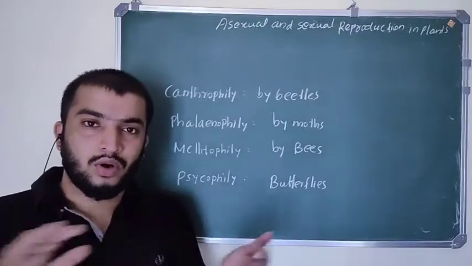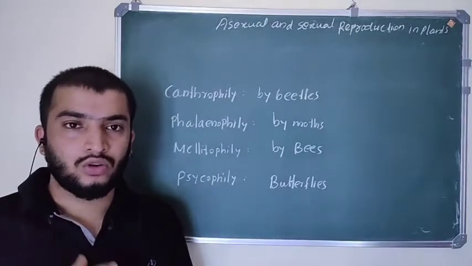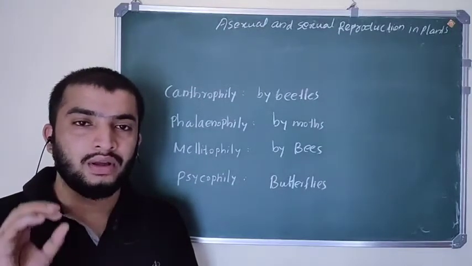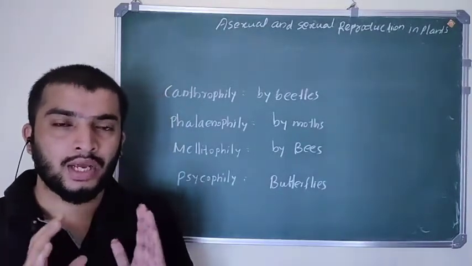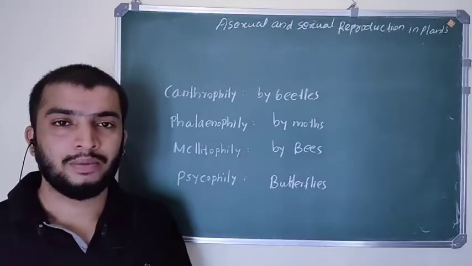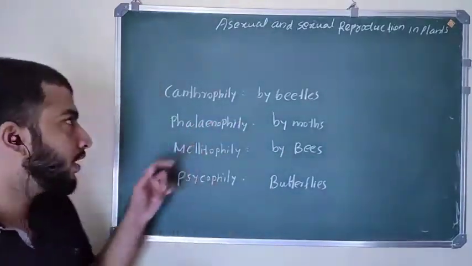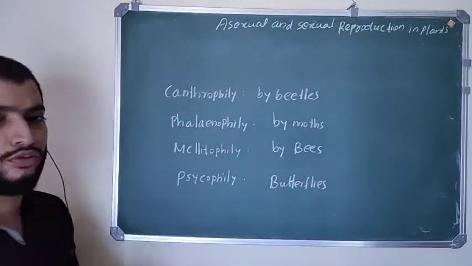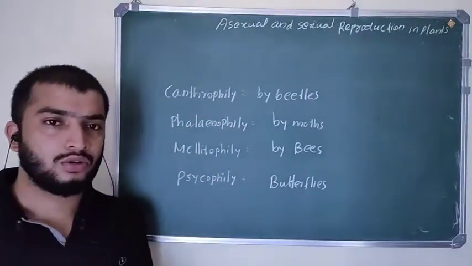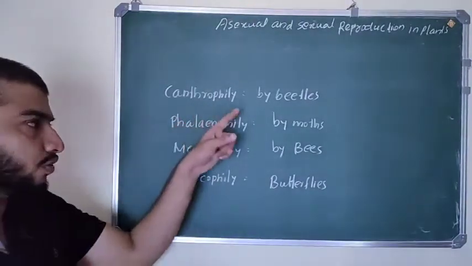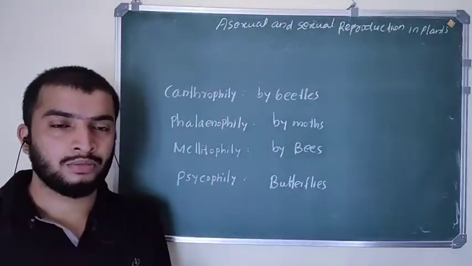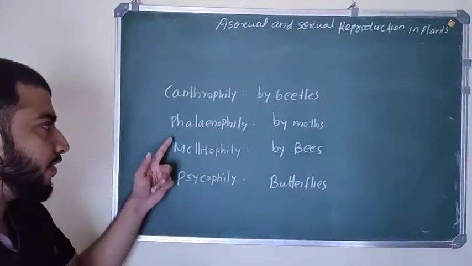We have discussed entomophily. Already I told you the pollination by the help of ants, which is called myrmecophily, and the pollination by the help of beetles, which is called cantharophily. So these terms are very important. Cantharophily means pollination by beetles, and